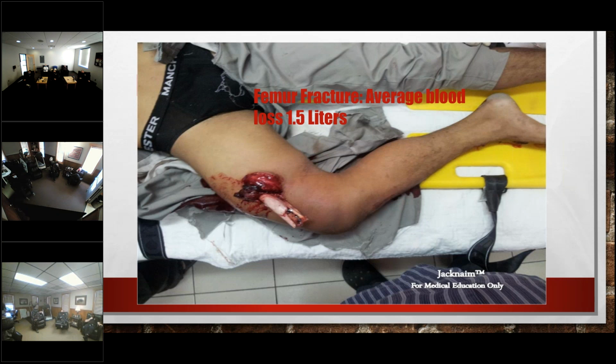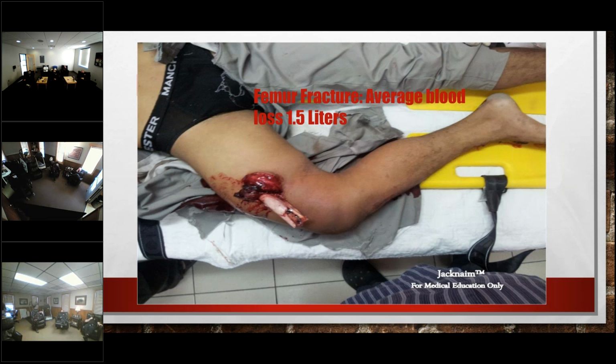So as far as treatments go for an injury site like this, first I want to control the bleed to the best of my ability. So for an injury like this, if they have actually severed that artery, we're going to see profuse bleeding. I'm going to immediately go to a tourniquet. Remember, with traction splints,